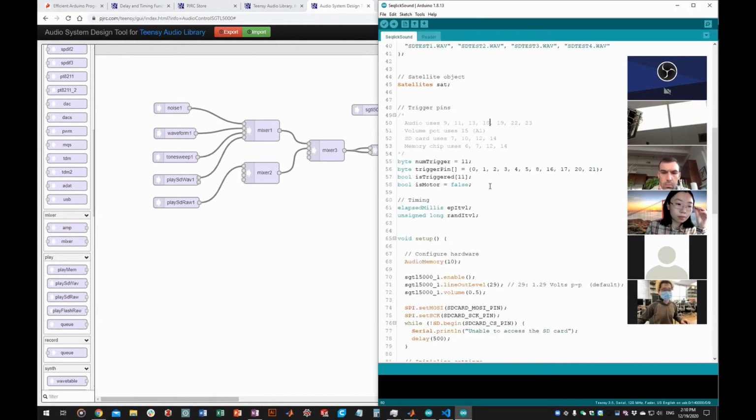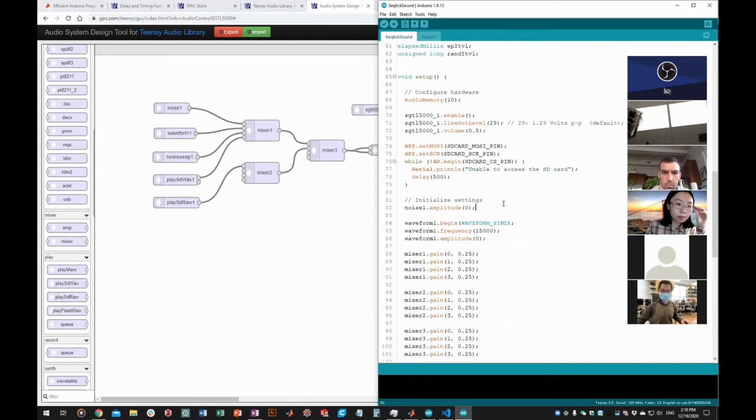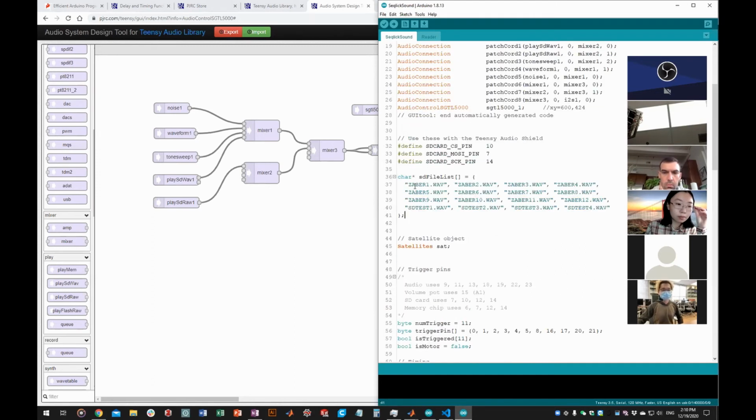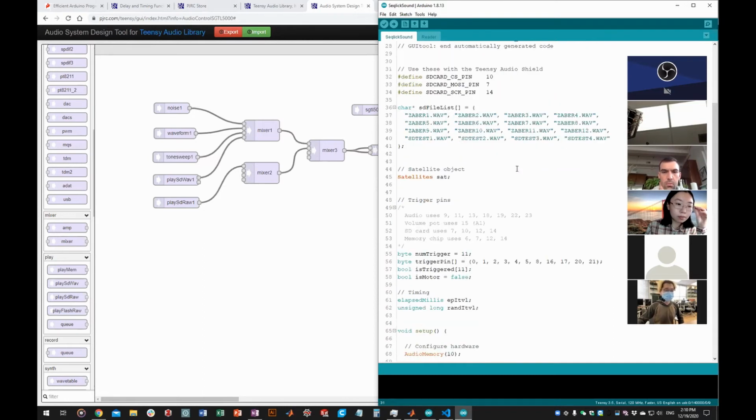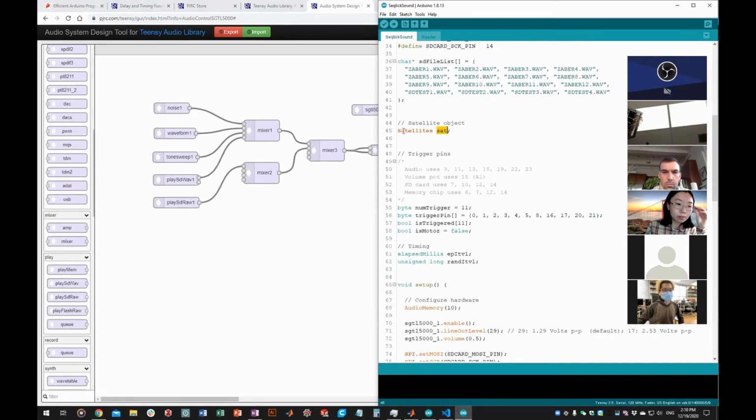But in the code, we still need to write the logic, right? We need to specify what the file names are that we stored on the SD card, and what pins are used by the Teensy audio shield. And then I'm actually using a serial object for communication